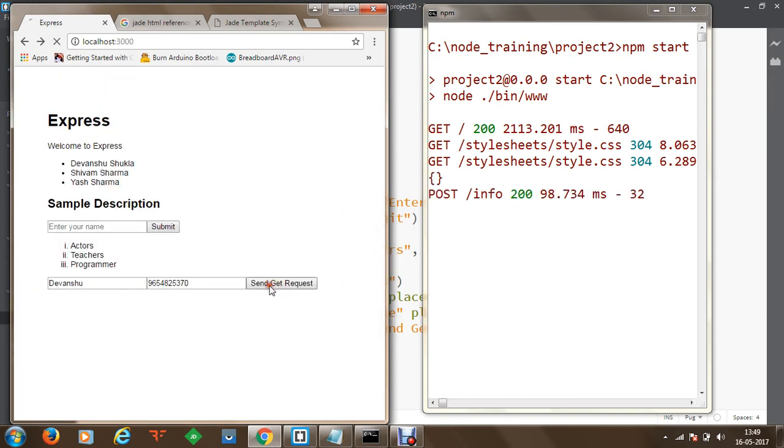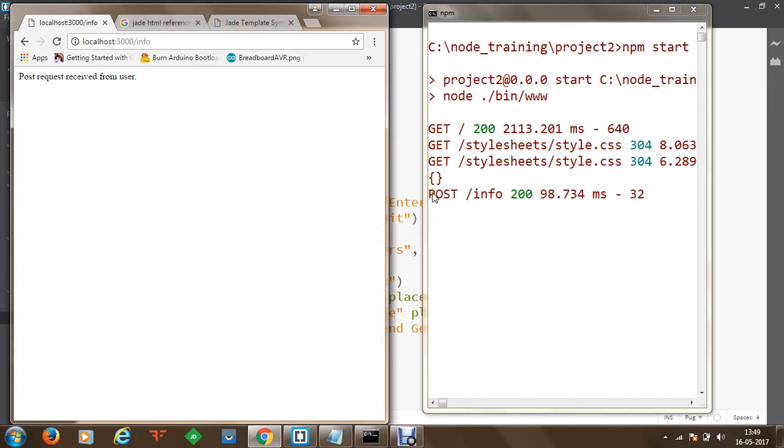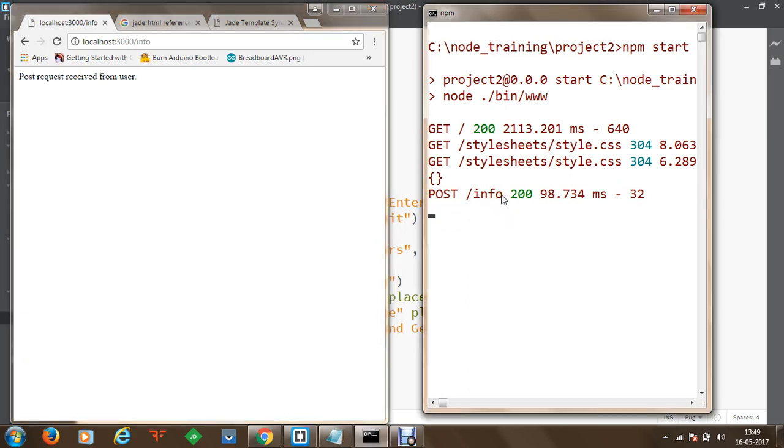Once we send the request from here, you can see that a POST request has been sent, and we have received the response that a POST request has been received. So using Jade, we can send requests back to our console. Instead of taking parameters from jQuery, we can take them from our Jade: we can use a form HTML tag, and within the form specify the path we want to go to and what parameters we want to send. So we can send both GET and POST requests through the Jade element to our logical controller.